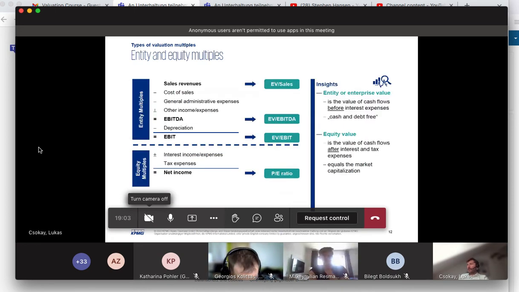And I think this picture is a bit more illustrative. You have here, for example, a typical P&L. And here you can see that the entity multiples refer to the top of your P&L, whereas the equity multiples directly go to your net income. That means, if you start in your P&L, the sales revenues directly go to the EV/sales multiple,